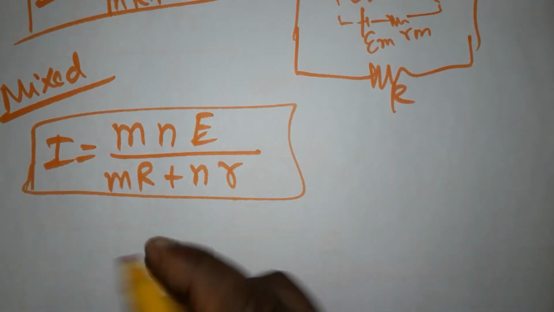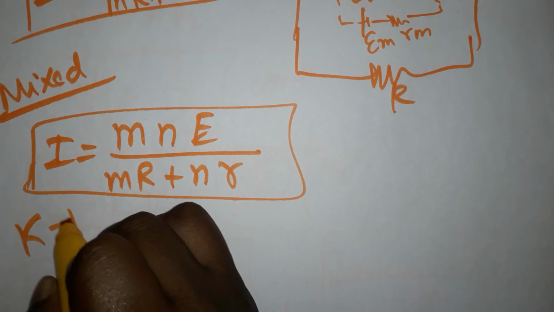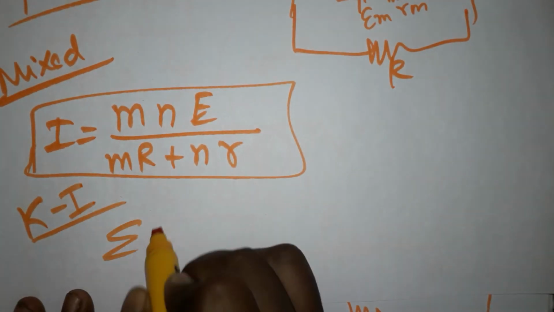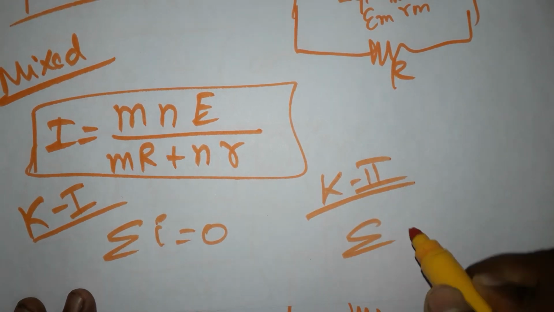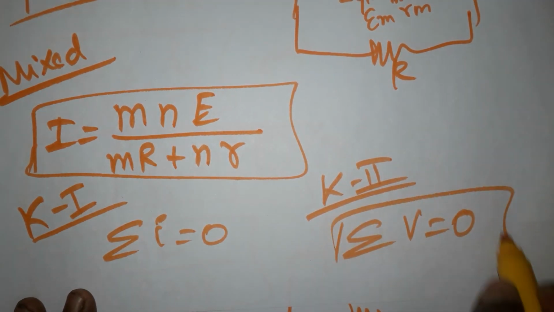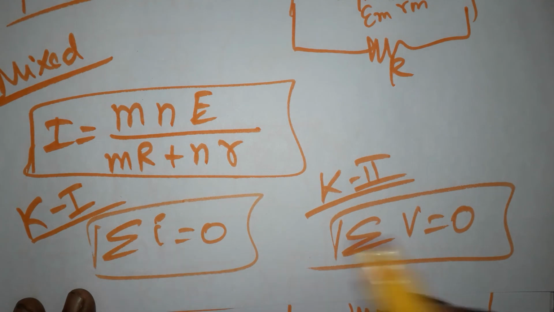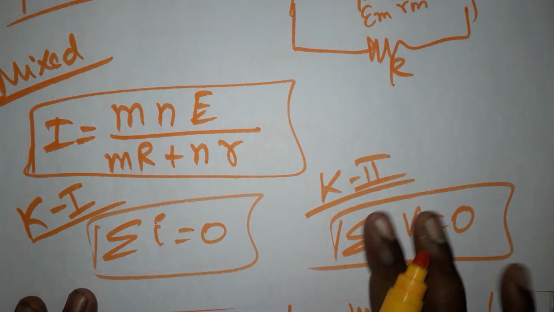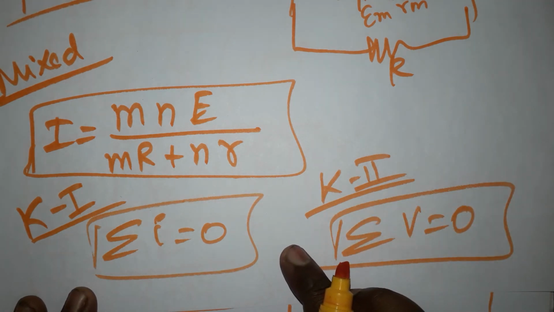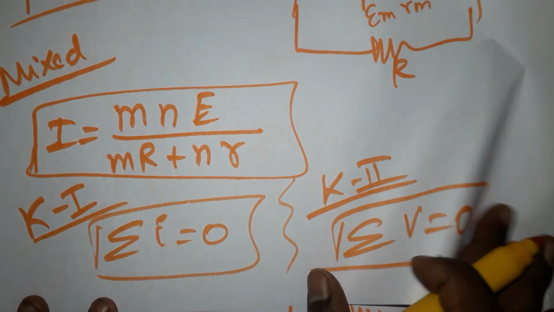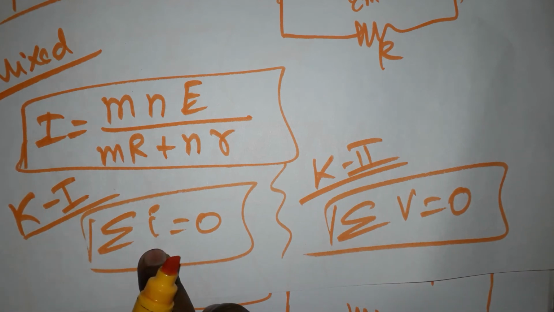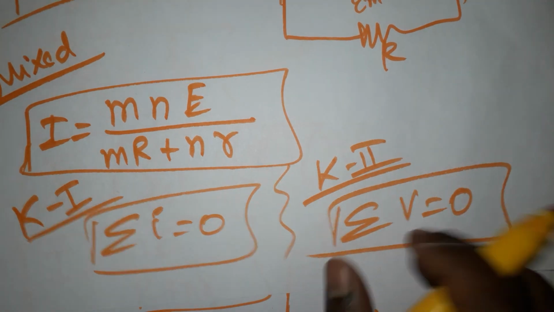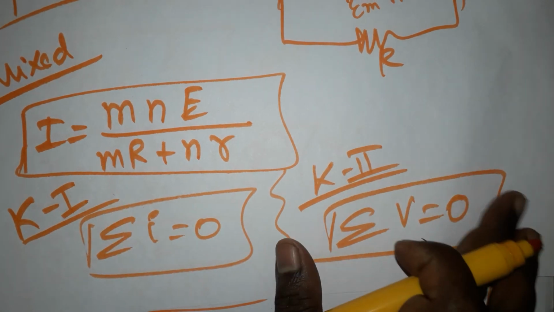Okay, the next thing, Kirchhoff's law. There are two laws. The first law is based on the algebraic sum of the currents being 0. Kirchhoff's second law is based on the algebraic sum of the voltages being equal to 0. It is a very long topic; I have given the problems in another video, so you can refer to that to see how Kirchhoff's law problems are solved. The statement and its elaboration are given in that video. So Kirchhoff's first law: algebraic sum of current is 0. Second law: algebraic sum of voltage is 0. That's what we are going to learn in Kirchhoff's law.